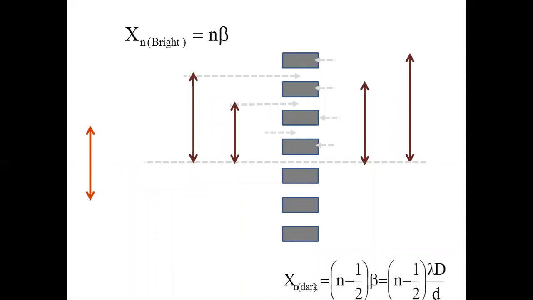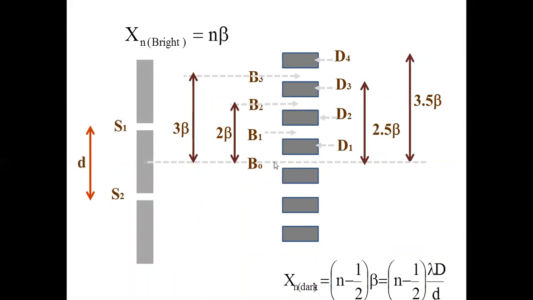So the distance of the nth bright fringe. You know that yesterday we have seen this. This is just a recap. If this is the central bright fringe and this is the dark one, next bright. So any bright fringe, the nth bright fringe, is at a distance of n beta. Because the second bright fringe is at 2 beta, the third bright fringe is at 3 beta, and the first dark fringe is at half beta, then 1.5 beta for the second dark fringe. For the third dark fringe, 2.5 beta, because half plus 1 plus 1. So 2.5. Because the first dark fringe is at half beta, then 1.5 beta, 2.5 beta, and so on. So the fourth dark fringe is at 3.5 beta.